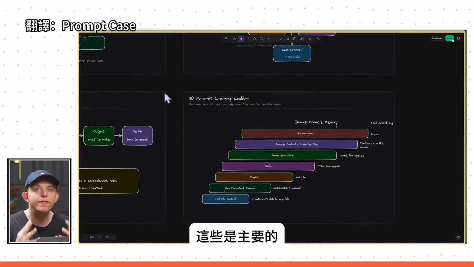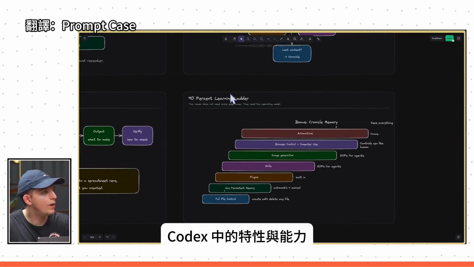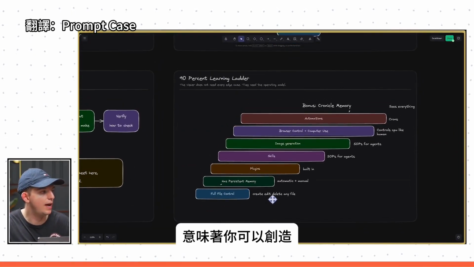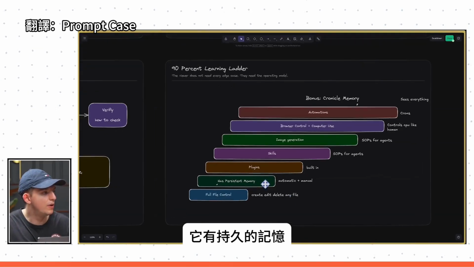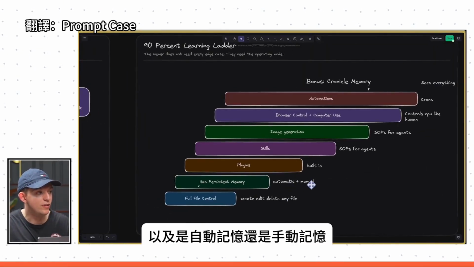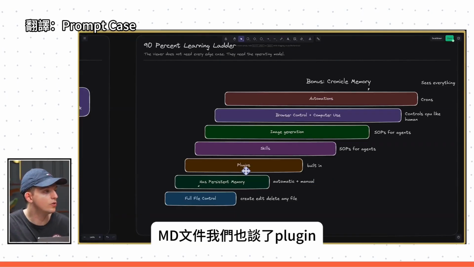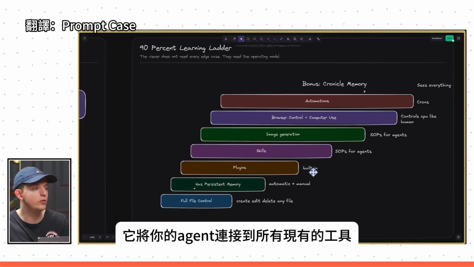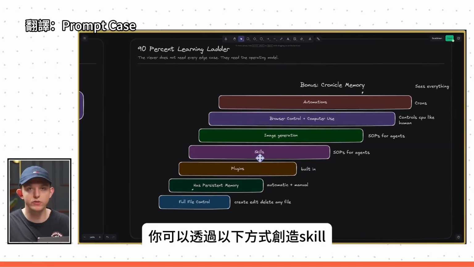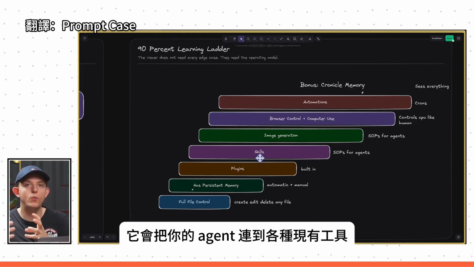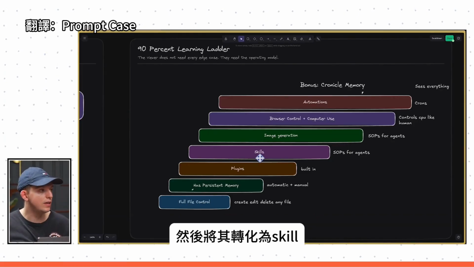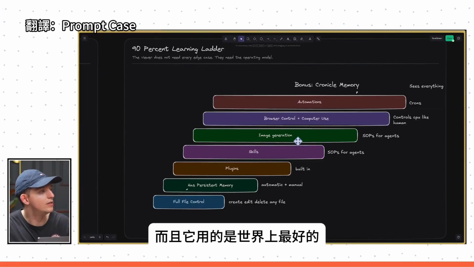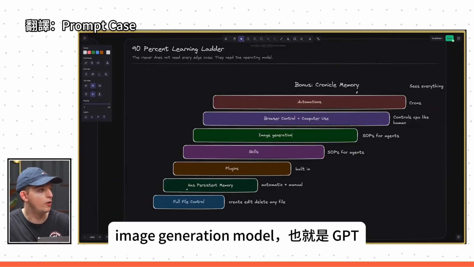And so those are the main features and abilities within Codex. And in summary, we covered that Codex has full file control, meaning it can create, edit, and delete any file. It has persistent memory, and whether that is automatic memory or manual memory in your agents.md file. We also talked about plugins, which are built into the platform. It connects your agent to all of the tools that exist. You can create skills by taking any task that you create with the agent and then converting that into a skill. Your Codex agent has access to image generation, and it is the best image generation model in the world,